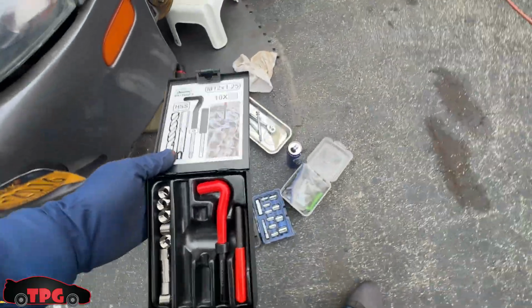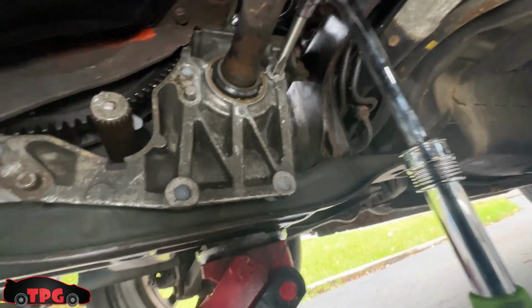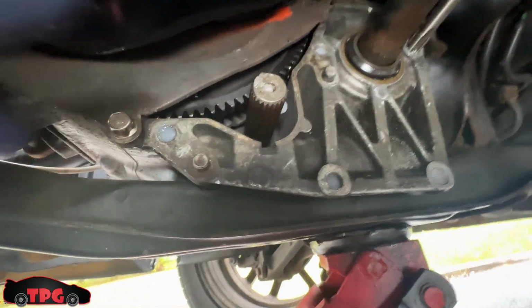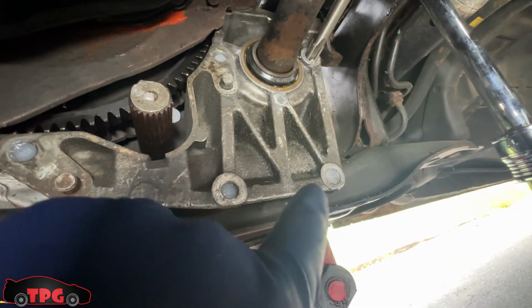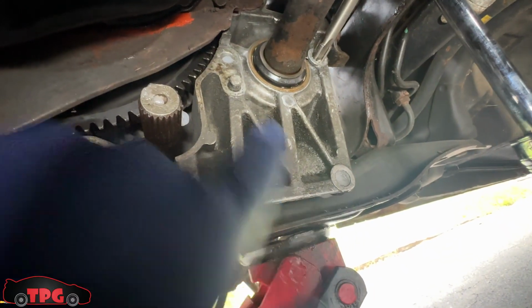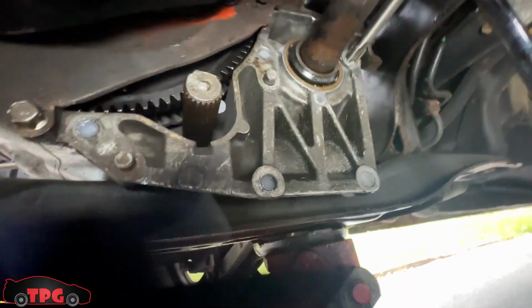This is going pretty well so far. The 2 long bolts were in there fine, but I'm down here. Let me show you guys exactly what I'm talking about. All right, so up under here, these are the bolt locations. I put some grease inside of each one of the holes, and that one's stripped, that one's stripped, that one's stripped. This one looked a little iffy, this one looked a little iffy, so I'm just gonna chase all these